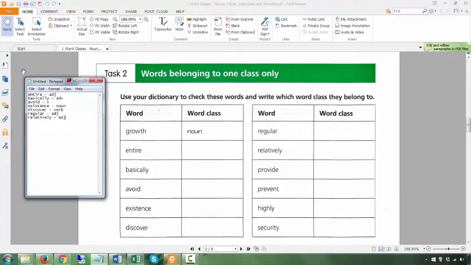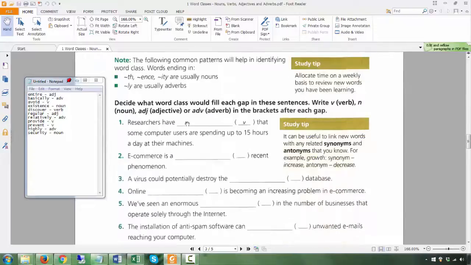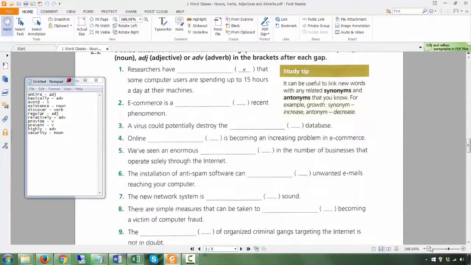Relatively is an adverb. Provide is a verb. Prevent is a verb. Highly, ly, is an adverb. Security is a noun. Okay, normally the ity is probably going to be a noun. Okay, now, so then we get to this pretty tricky